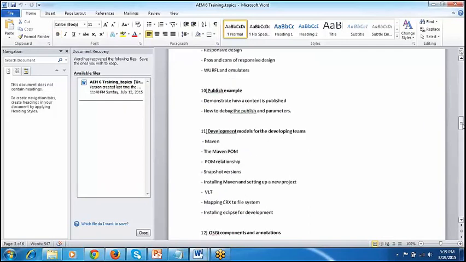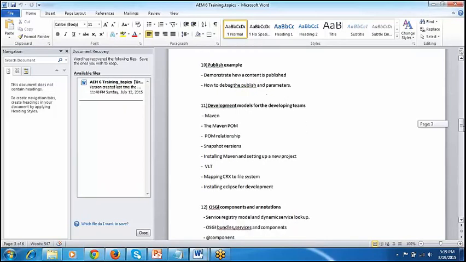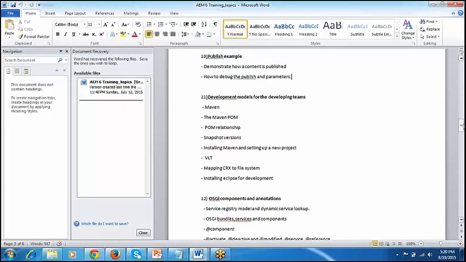In the advanced developer part, usually whenever you have large-scale development teams, you need to have Subversion, you need to have good build management. You need to have IDEs, like Eclipse and all those things. So we'll see how we can make our entire AEM project work on Eclipse, and how I can use the Maven build tool to do all these things.